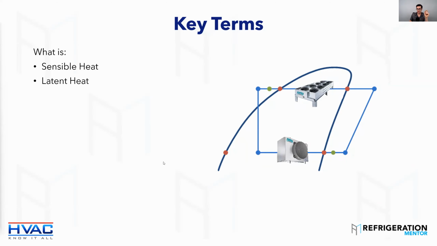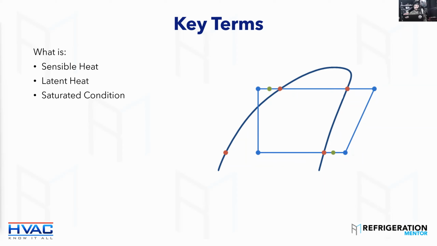And I just gave an answer, probably, for the next one. Saturation conditions. What is the saturated condition? The way I like to talk about saturation is when you're looking at your gauges. If you have your gauges hooked up to a system, and we have a 100-degree condensing temperature, whatever refrigerant you're using, the pressure that corresponds is your saturated state. That's what your gauges see. Basically, that's the boiling point of the refrigerant, anytime vapor and liquid are in the same closed space.